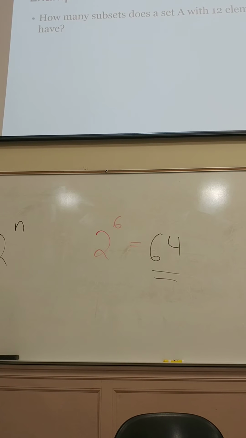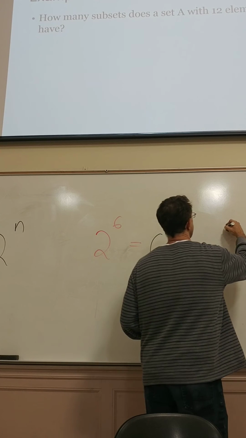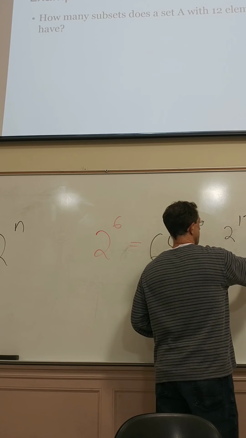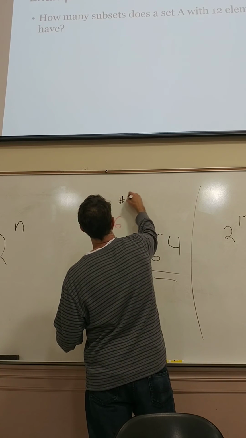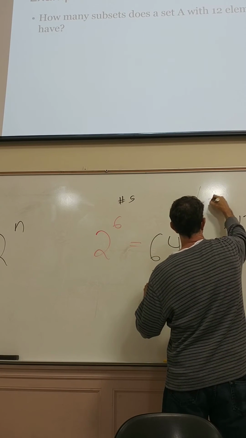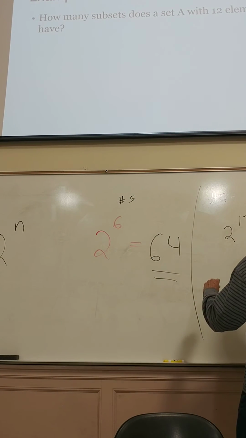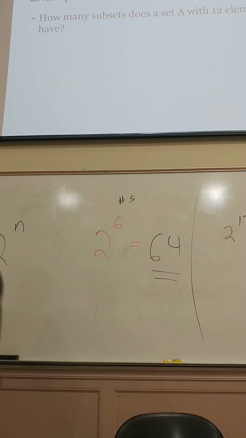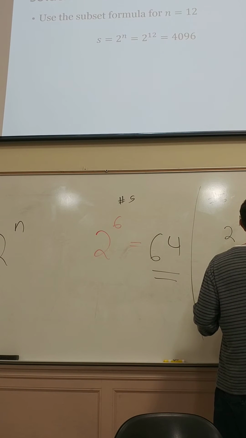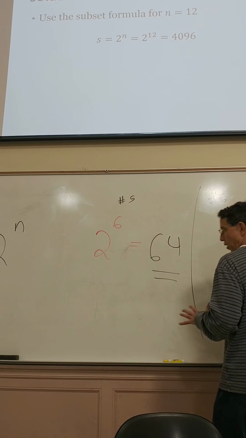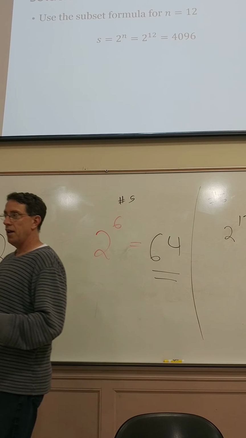If you have a large number of elements, say 12, you would compute 2 to the 12th. This is number 6, by the way, in your PowerPoint. And that will be 4,096. So that's a lot of subsets. In fact, I traditionally give one fairly high on the test. And